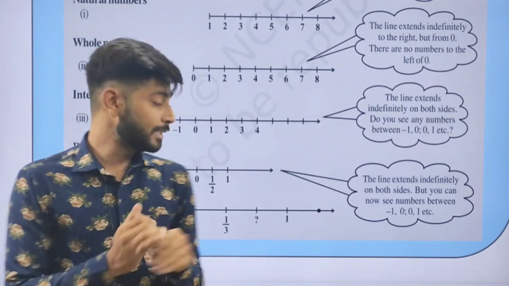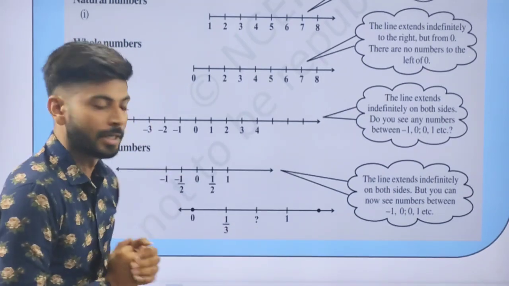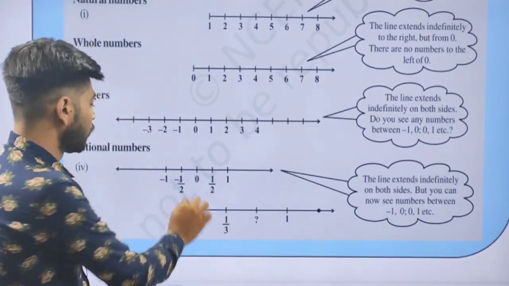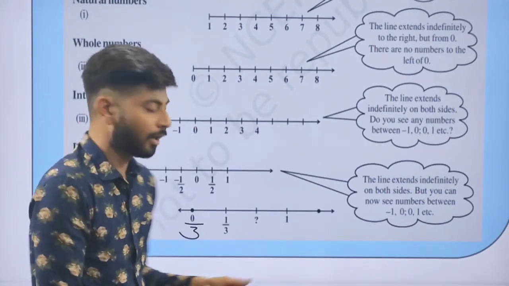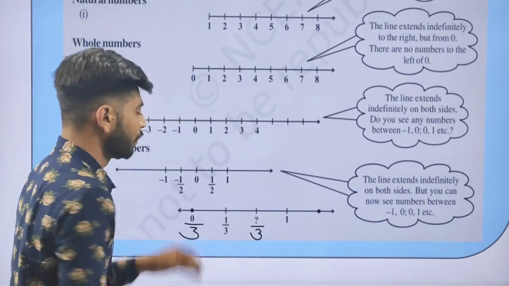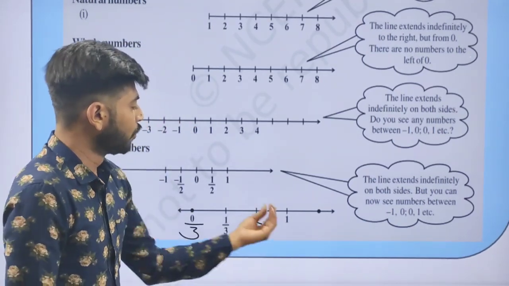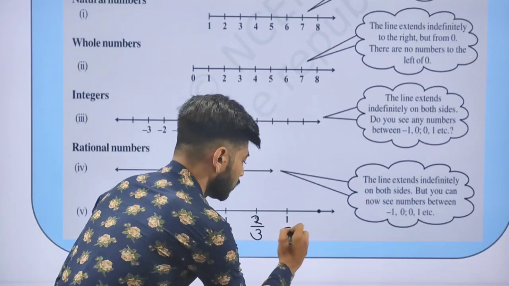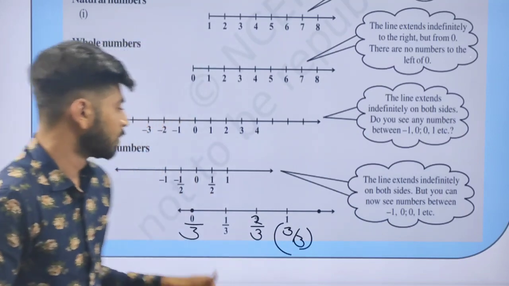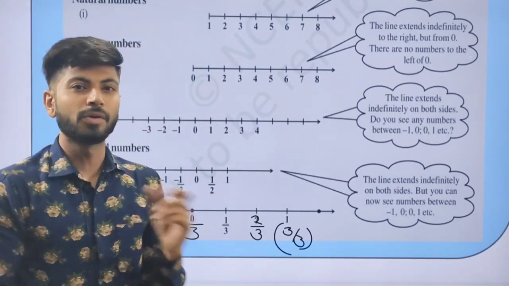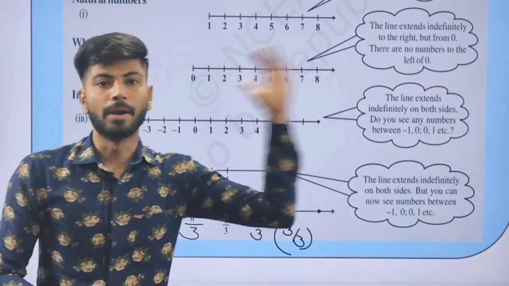How did we do this in the fraction chapter? You know that we take the denominator as it is and we change the numerators. So first of all, 0 upon 3, 1 upon 3, and then what will be there? 3 as it is, but we will put here 2. So it is 2 upon 3. Now 1. You can also write 3 upon 3 instead of 1. As you know, 3 upon 3 will be 1. So now you understand how to draw the number line and how to put the rational number on the number line. Let's take some more examples of rational numbers on the number line.